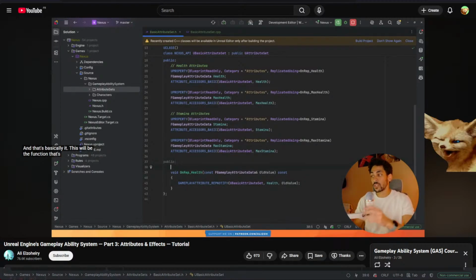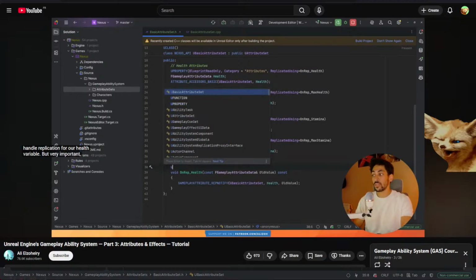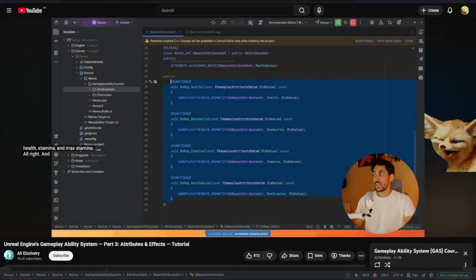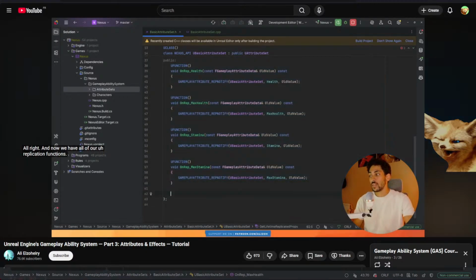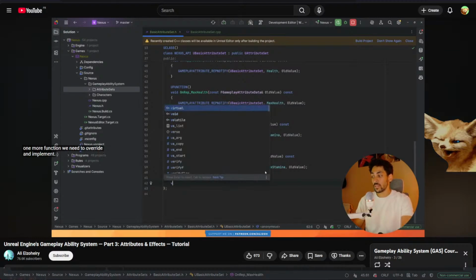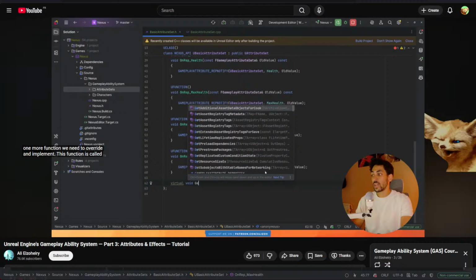This will be the function that's going to be used to handle replication for our health variable, but very important, we have to add the UFUNCTION decorator on top of it. And we are just going to repeat this for all of our variables: health, max health, stamina, and max stamina. All right, and now we have all of our replication functions. Now, there's still one more function we need to override and implement. This function is called get